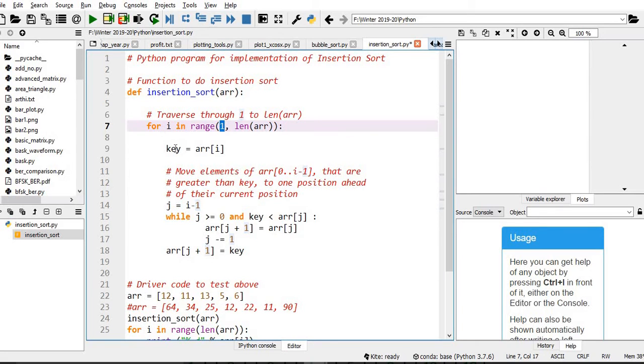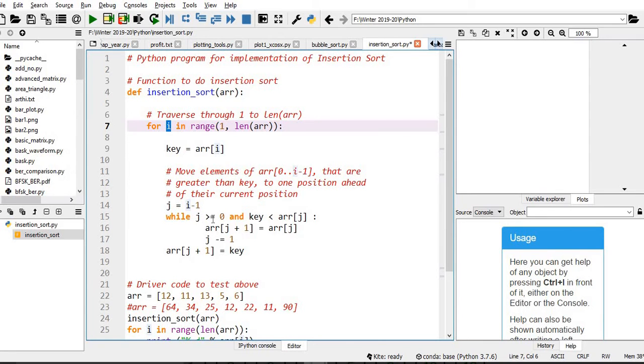The key is the current element. That means the first index, initially when i is 1. Then when this for loop increases, this key also will change. Then you see there is j equal to i minus 1, and then I am using a while loop.